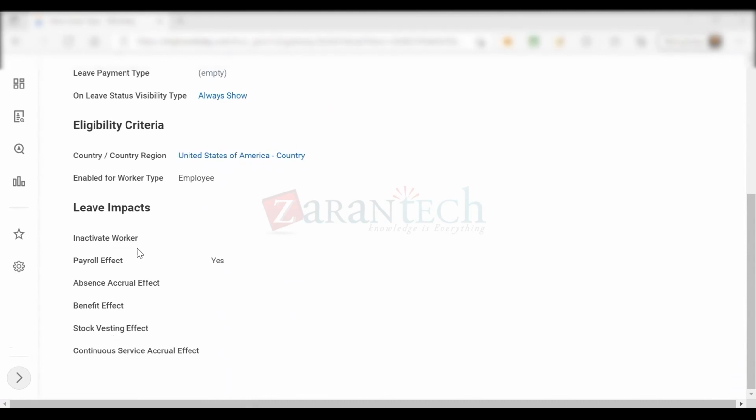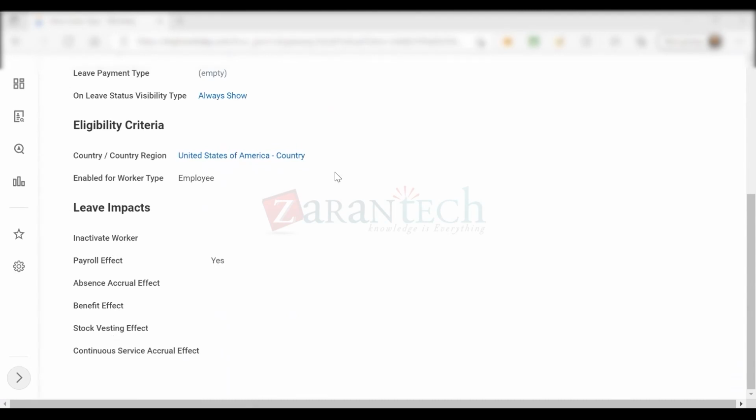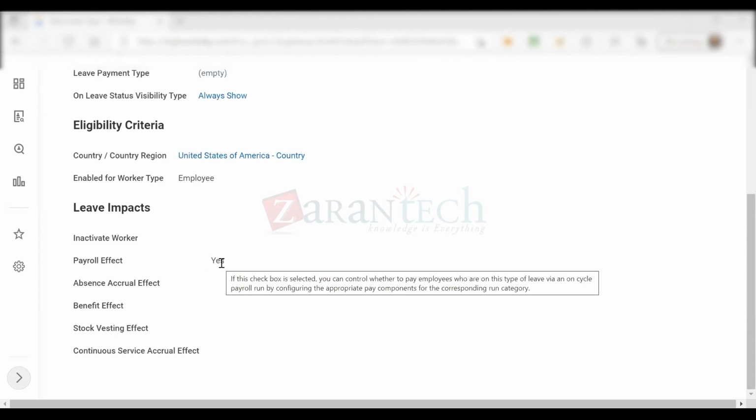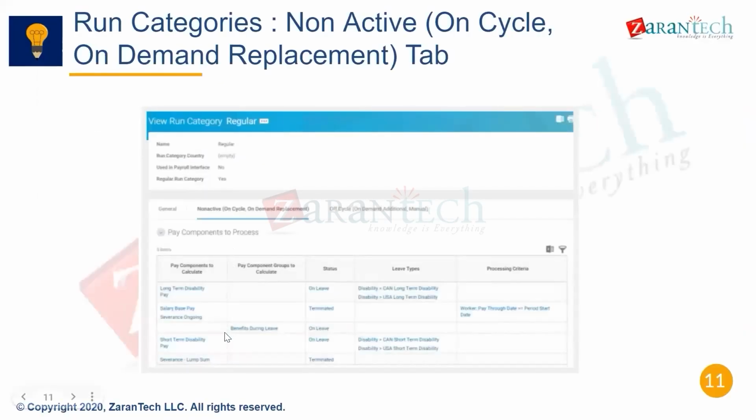So when an employee is on short-term disability, in this definition, the employee is not inactivated, which means the employee is considered active, but their HR status is on leave. Payroll effect is yes, which means payroll will stop paying their regular salary. And if the employee is expected to get any earning code or any dollar amount paid to them, then it has to be defined on this non-active tab